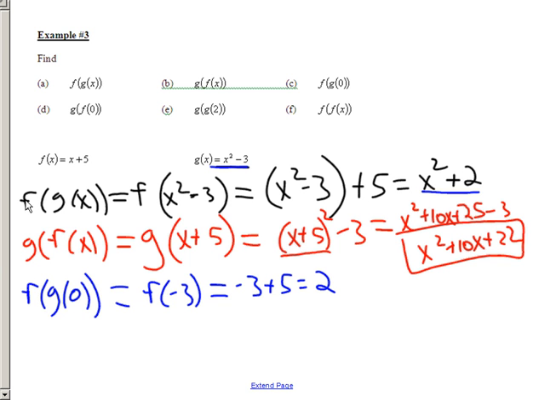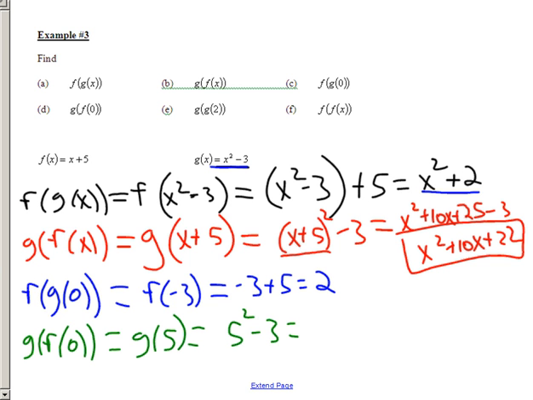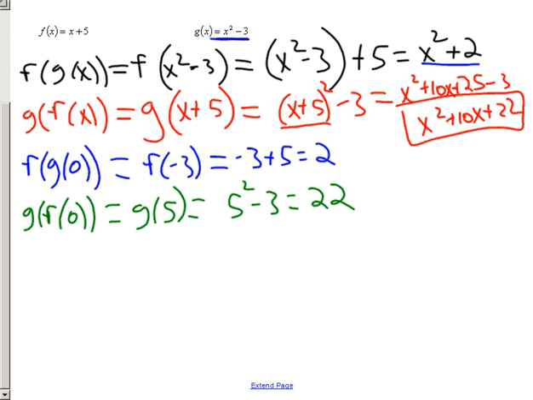Likewise for g of f of 0. Take 0, plug it into the f function, and you get a 5 out. If you take 5 and plug it into the g function, you're going to get 5 squared minus 3, which is 22. Okay? The last couple that it asks for here